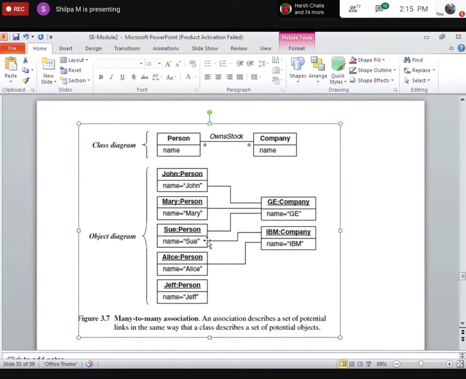How is he associated? He can be an employee, he can work for the company, or he can be a contractor or something like that, right? So the association shows how he is related. In this case, the person owns a stock with that company. So owns stock is the association between the person and the company.